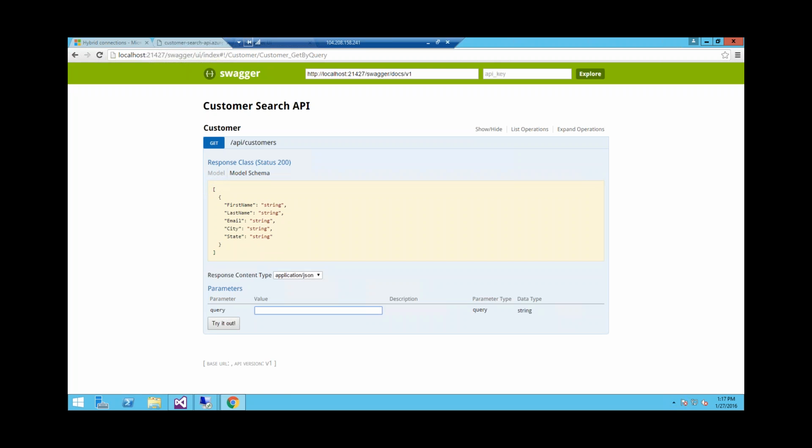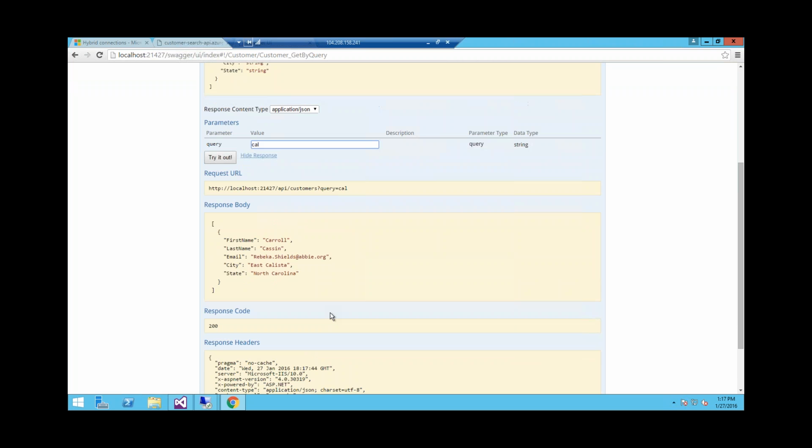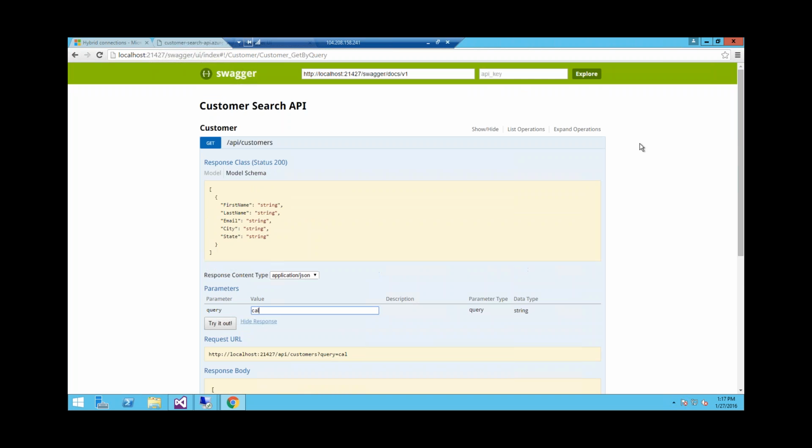This is a very simple web API that I have created to expose my customer database. And if you see, I can search for customers. It does a full text search on various customer properties: first name, last name, email, city, and state.